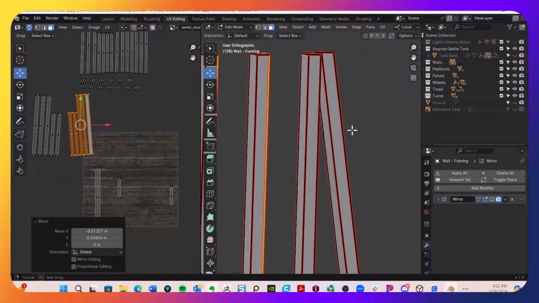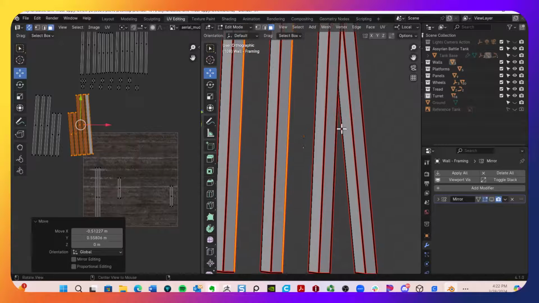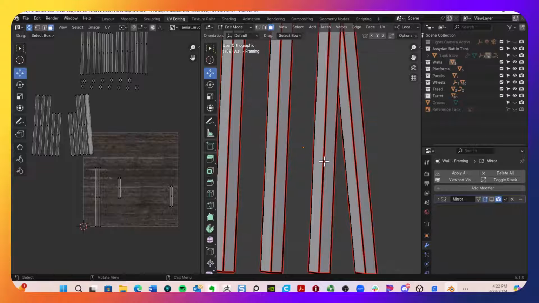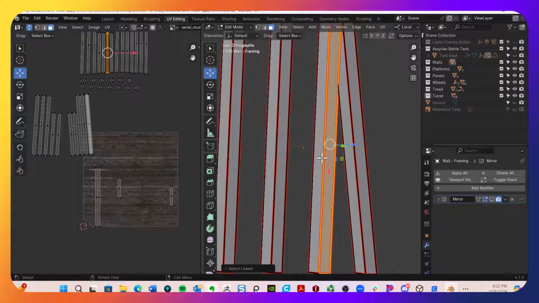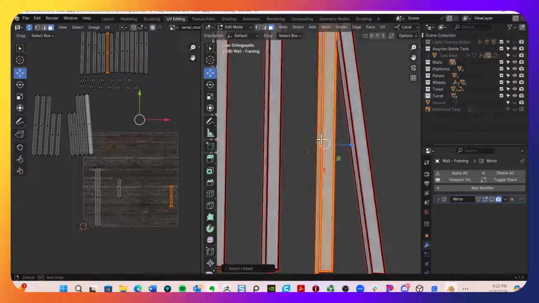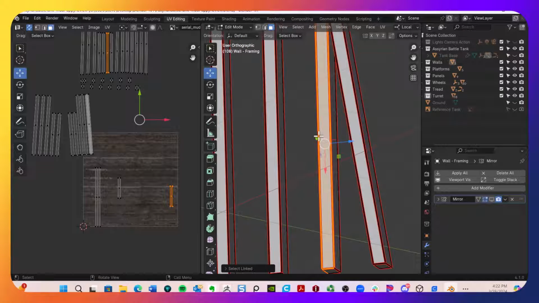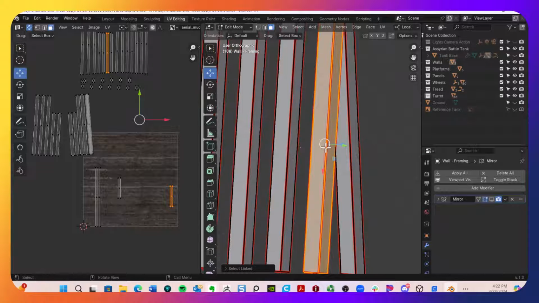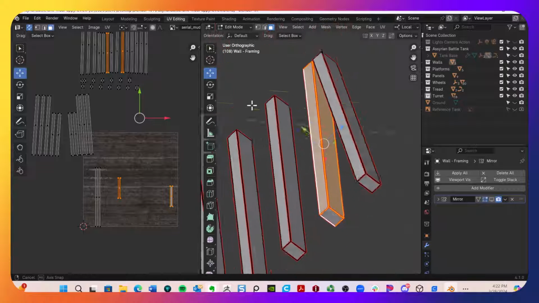If I want them to be somewhat accurate, in other words, I'm being anal at this point, I'm going to hit the L key and select, let's see, that one. Let's see if it selected everything. It did not, so all I need is the inside, right? So if I double click everything,